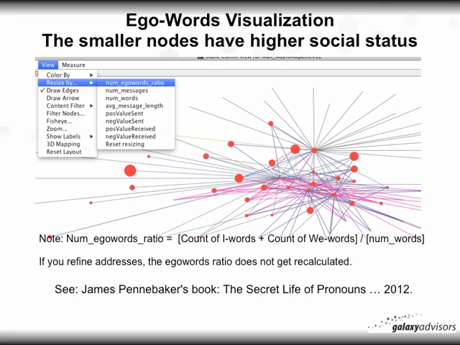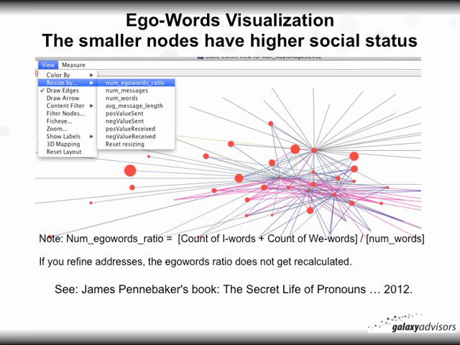Under View, once you have a view, you can click View Resize by Number of Equal Words Ratio. The equal word ratio is the count of the number of I words plus the count of the we words divided by the total number of words. So that's going to give you a ratio. In this graph here is an example: the smaller the circle, the higher the social status of the node. If you want more information and background on that, see James Pennebaker's book, The Secret Life of Pronouns, published in